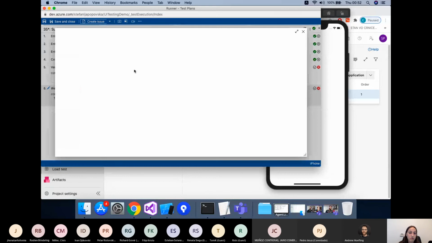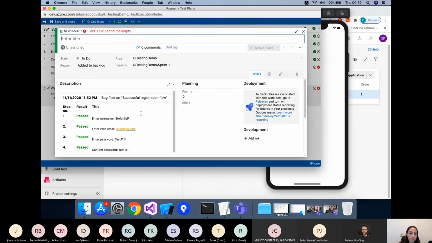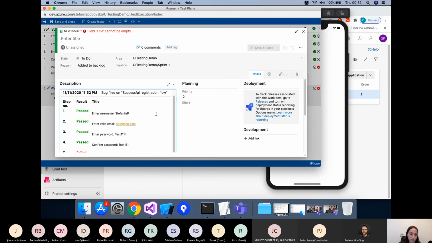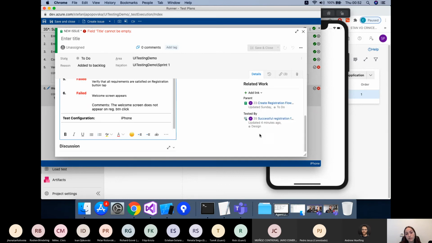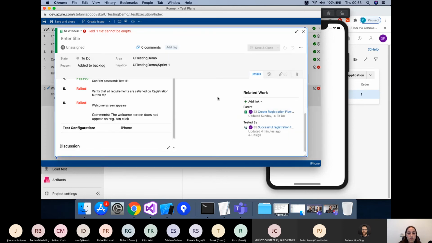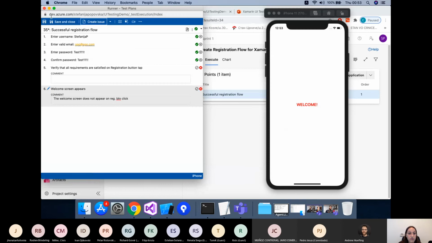If you click here on create issue, you can see that an issue will be created for you with the steps, which ones passed and which ones failed. Here on the related work item, you can see that this issue was connected with the create registration flow work item. This way, it's how you are going to track the statuses of your test cases connected to your work item. But because I do not have any issues right now, I will discard this one, and because it was saved,